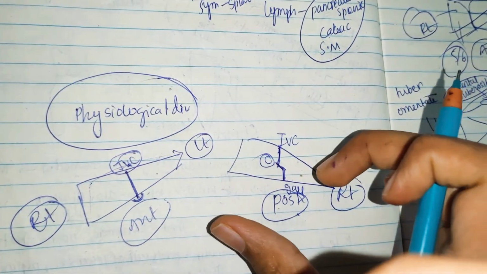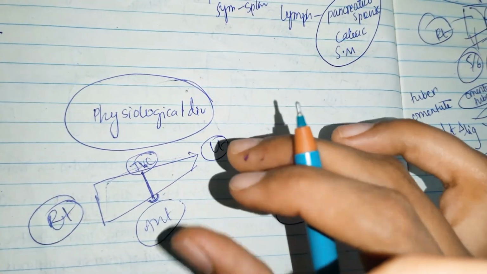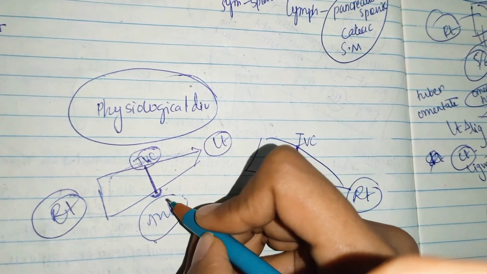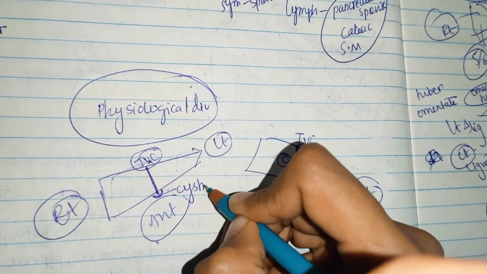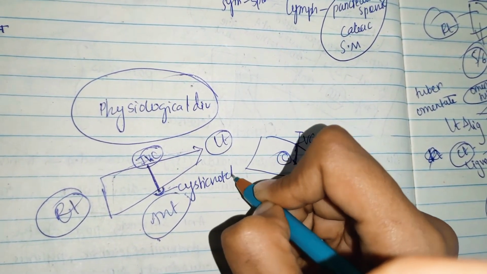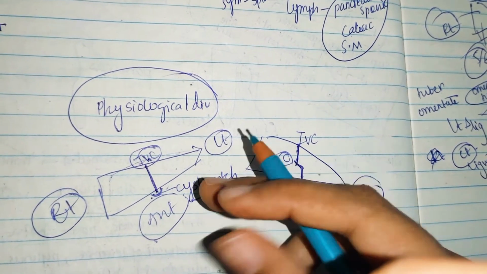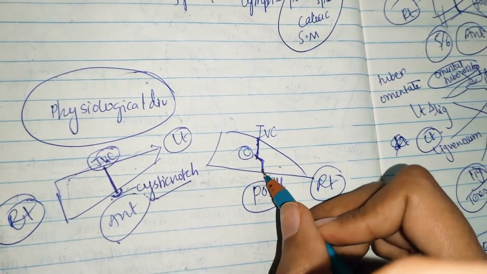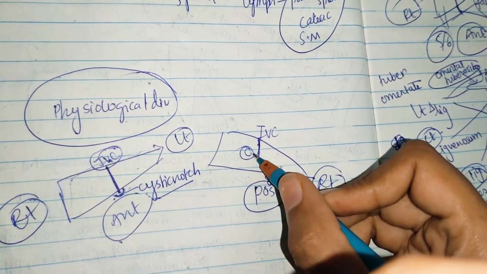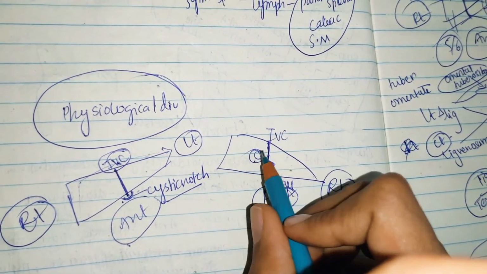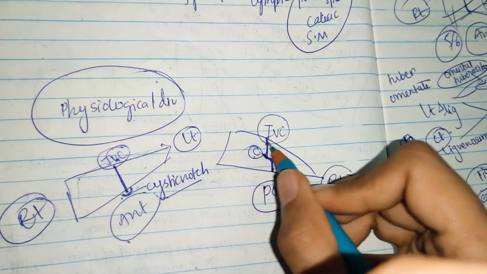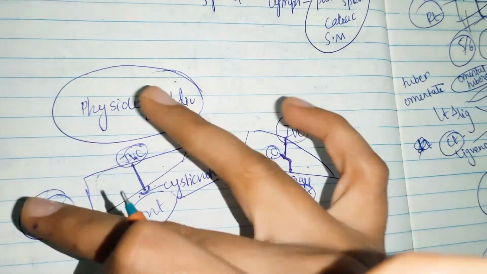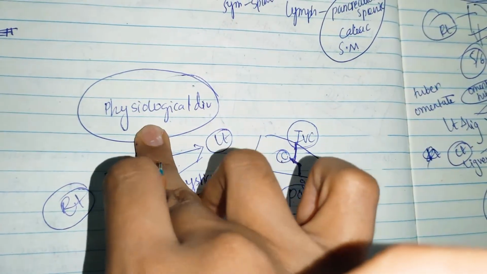So once again, let me repeat the points. First, you should draw a plane on the anterior surface from the inferior vena cava to the cystic notch. So here will be the cystic notch, okay, that is nothing but where you will have the gallbladder. On the posterior surface from the gallbladder you should draw another line towards the caudate lobe. From here of course already you have a line from the inferior vena cava, right? So that's it. So this is how you divide right and left lobes in the case of physiological division.